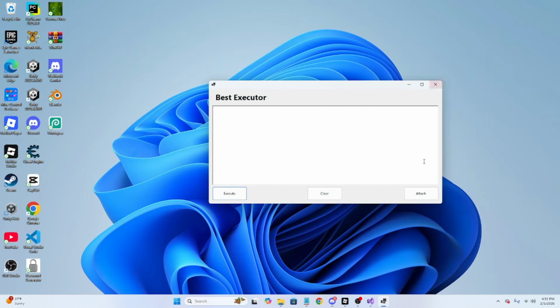Yep. Alright. See, attach. If you click on execute and it has this, then that's good. It says this, then make sure you press attach. Alright, so the API is